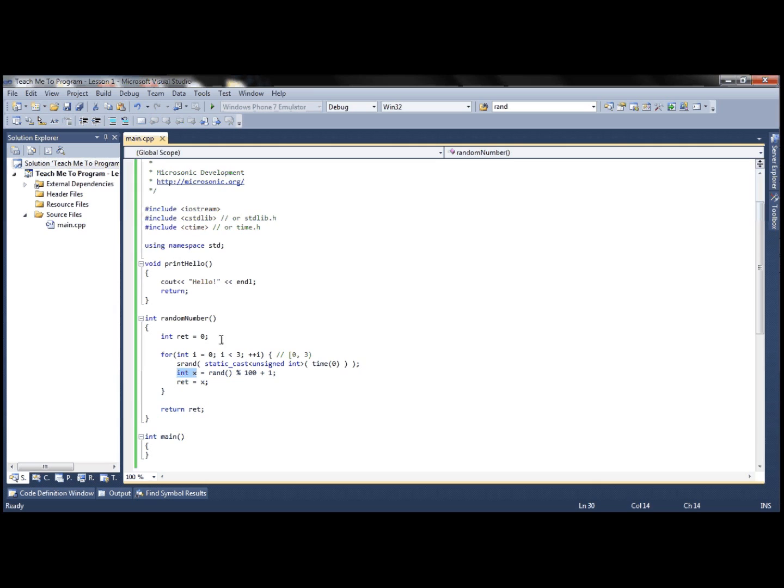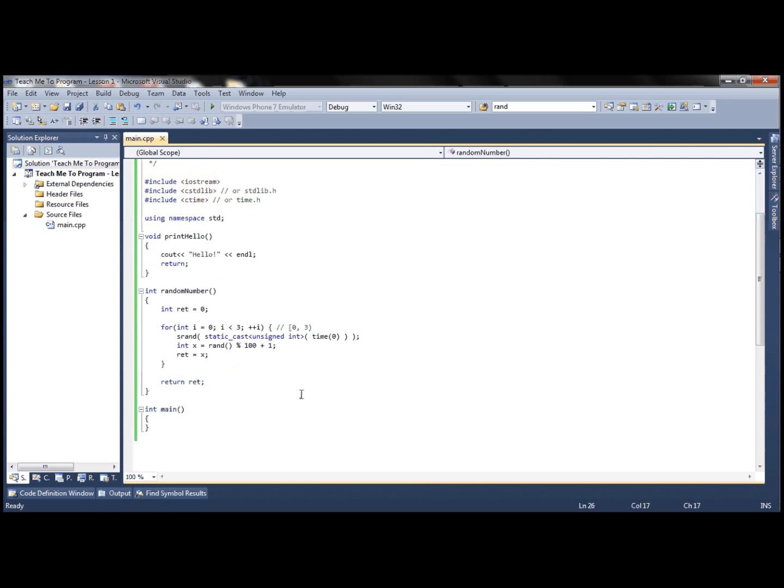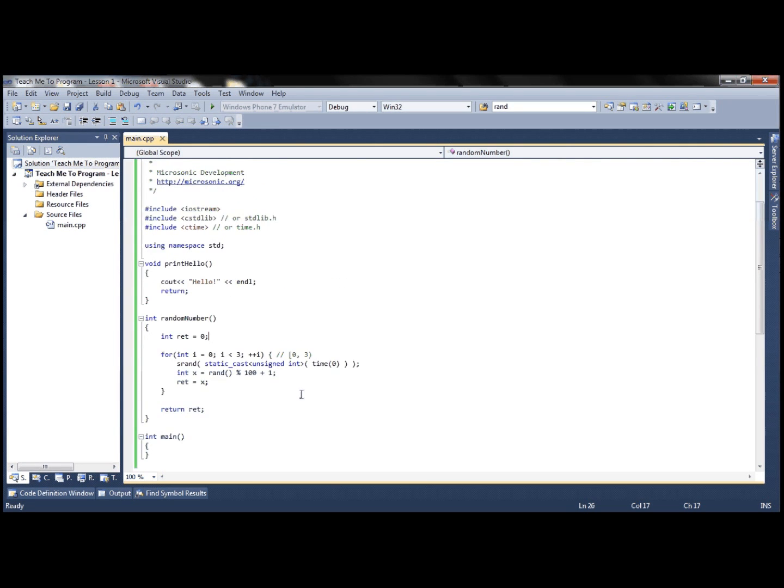If we were to throw this x up here by ret, everything would be fine. In fact, we could return x directly. But it's because of where we defined it in the scope. It's just an important concept to note when you're trying to access variables and you're getting errors and you can't figure out why. So as it stands, this program is